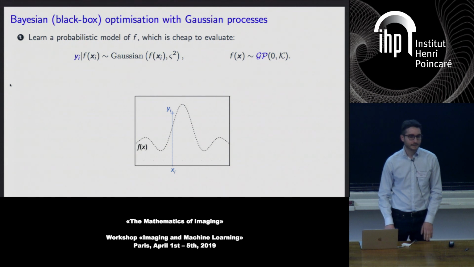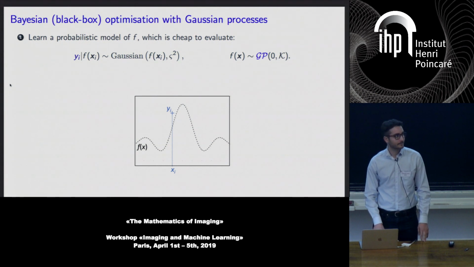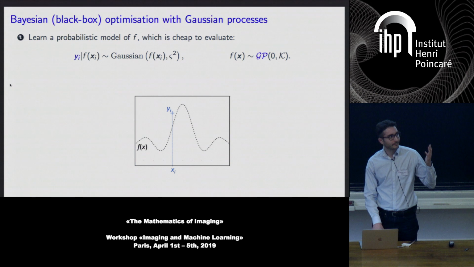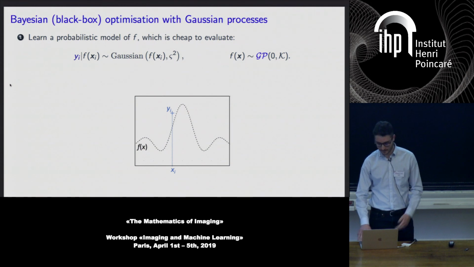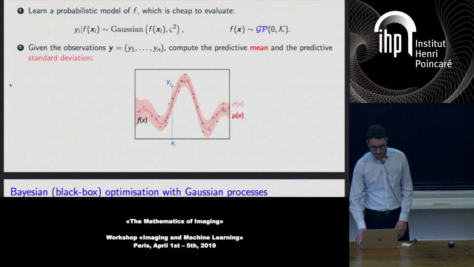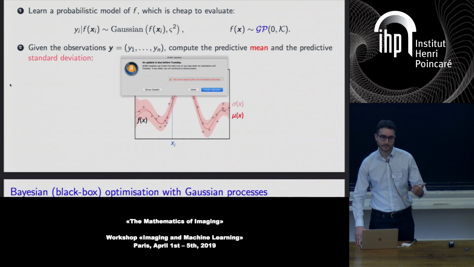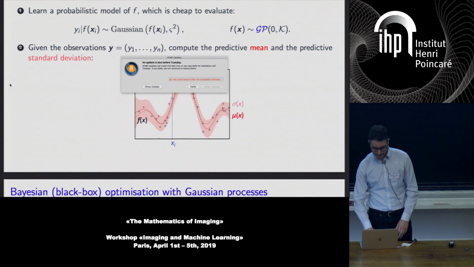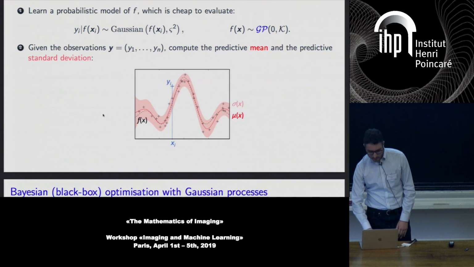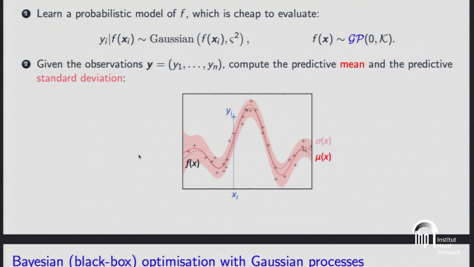And the Gaussian process is a particularly nice model because it models what a function looks like, f of x, in such a way that it's tractable. So observations yi are Gaussians with a given mean and covariance. So once you have fit your Gaussian process over your black box F, then you're able to know what is the predictive mean and variance at each point. So you have an idea what querying a new point will look like in terms